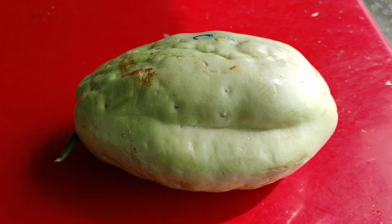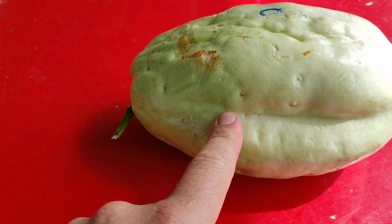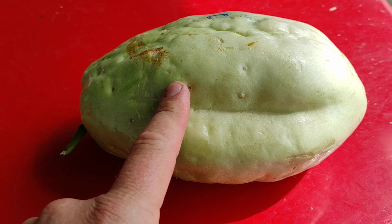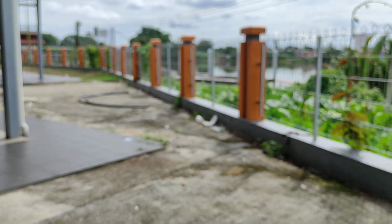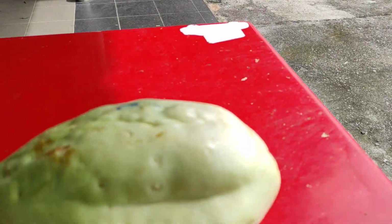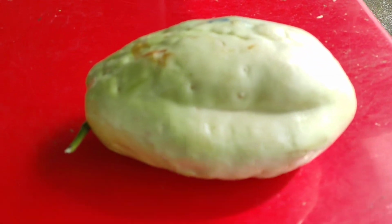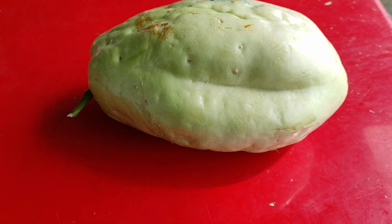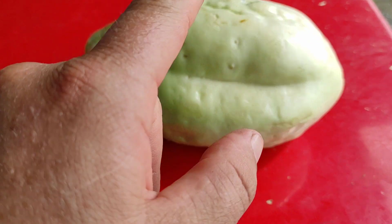Hi folks, this is all the fruit, and this huge fruit here was sold to me as timun belanda, which is Malaysian for blonde cucumber. I'm here at Satok Weekend Market in Kuching in Malaysian Borneo, where you find a lot of really crazy local jungle fruits, but this is not a local jungle fruit. This is, I'm sure, from South America, and I'm sure it's not a cucumber, but I'm sure it's a giant